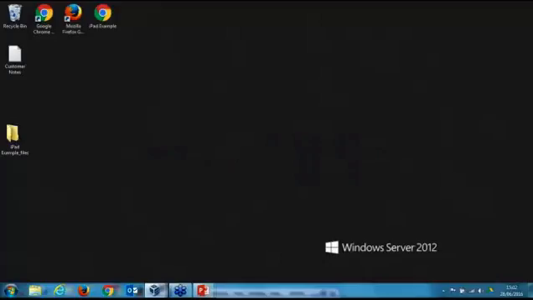Let me swap screen, so hopefully you'll now be able to see my desktop. And what we're going to start with is just showing a little bit around HTML5 and the web client. So one of the things that